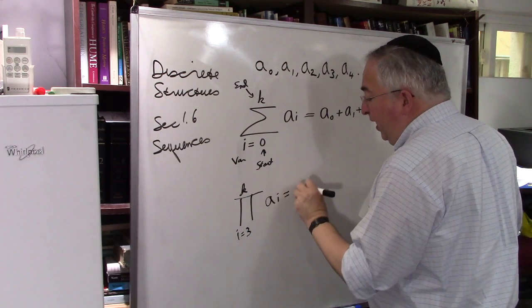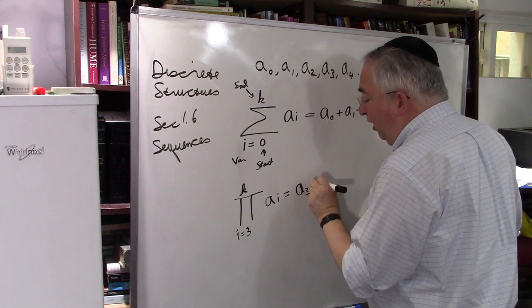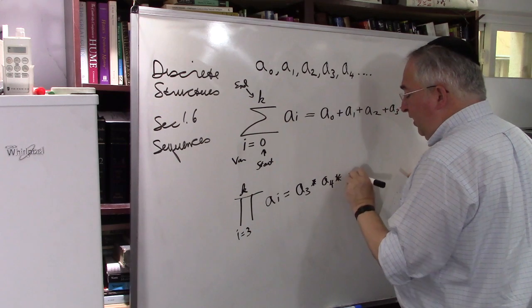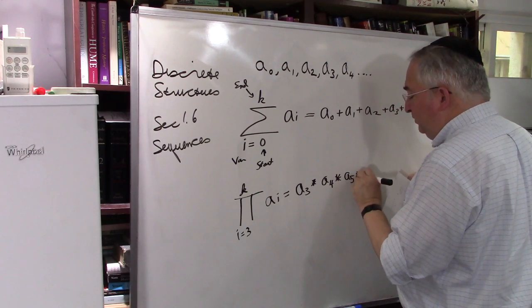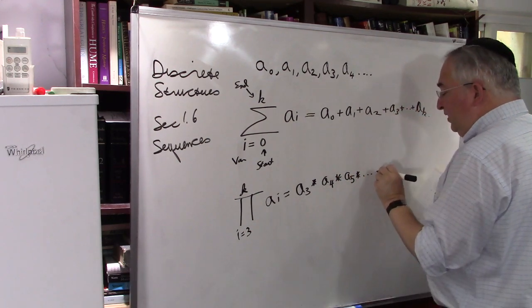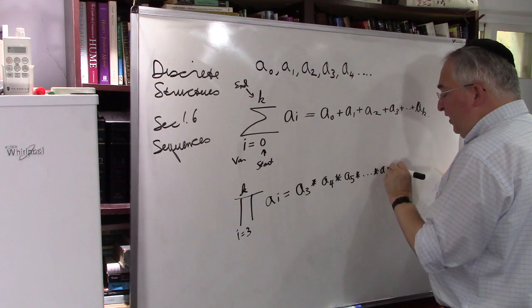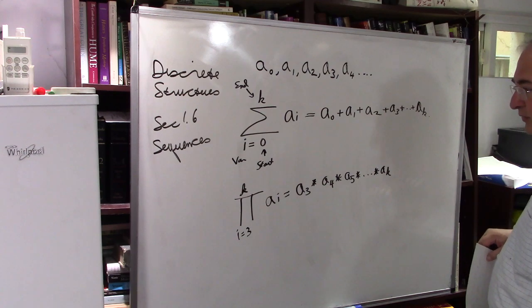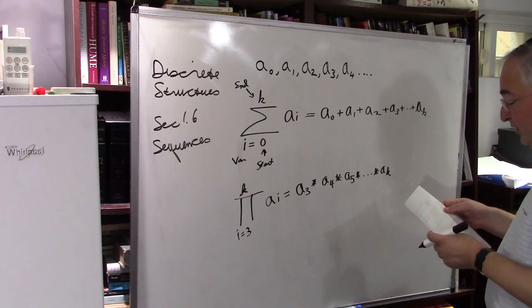This is equal to a_3 times a_4 times a_5 times dot dot dot times a_k. Okay, multiply them all out. Okay, and again, this also